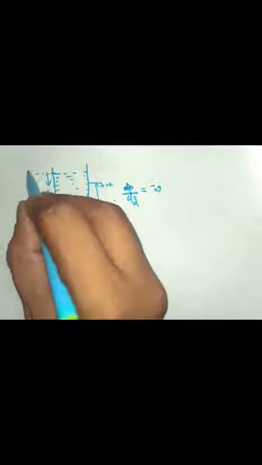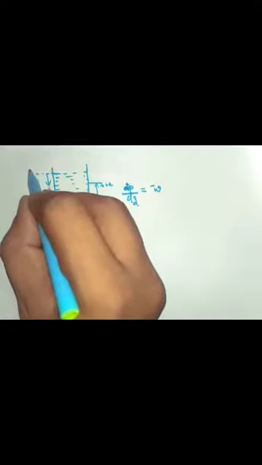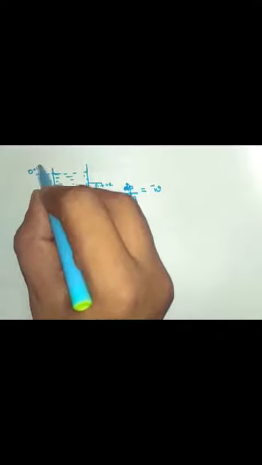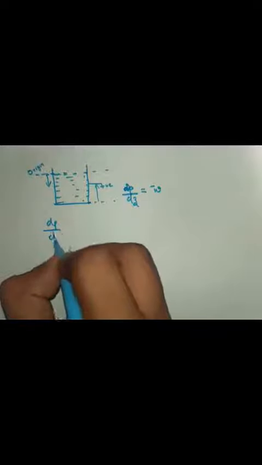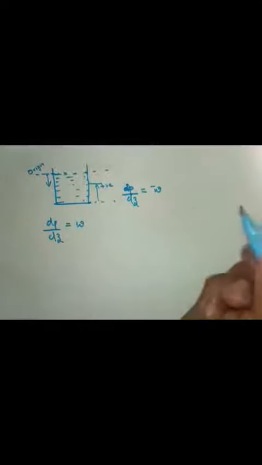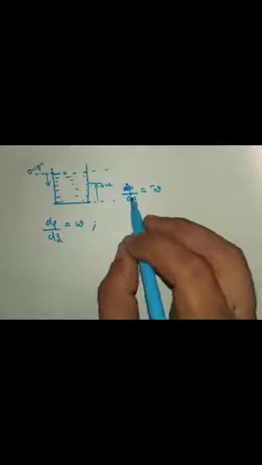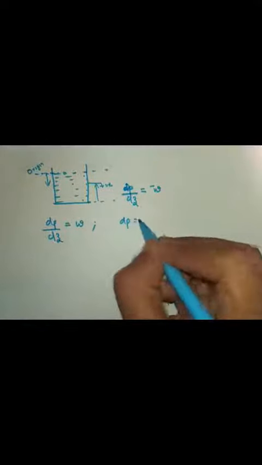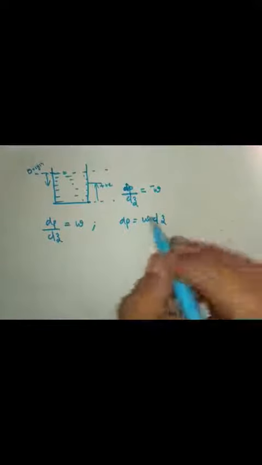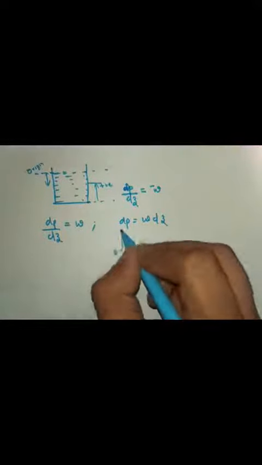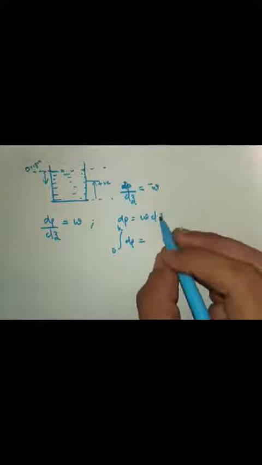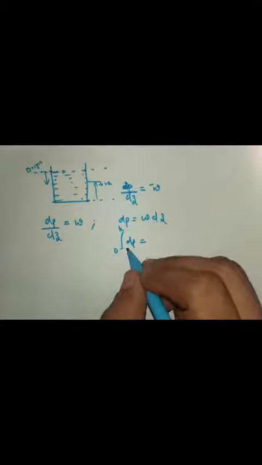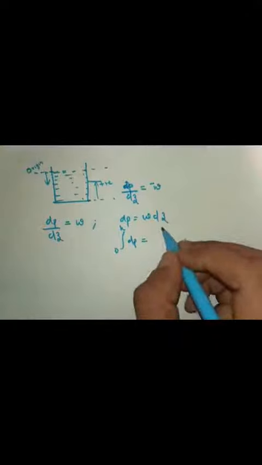If you take z, or the height, from here, if you take this level, the water surface, as the origin, the equation will become dp by dz is equal to w. So now you can integrate that: dp is equal to w into dz. Now integrate from 0 to h, that integral of dp, or the pressure, is equal to